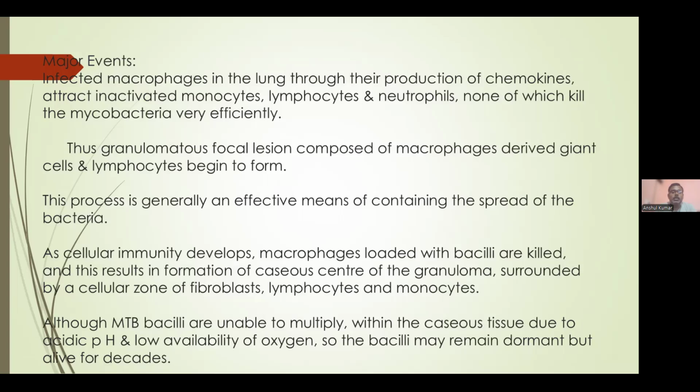In such cases, MTB are unable to multiply within the caseous tissues due to acidic pH and low availability of oxygen. So the bacilli may remain dormant, but it can get activated as soon as the immune system of the